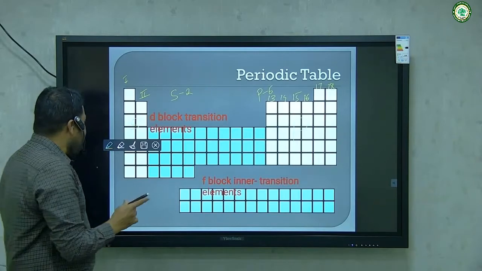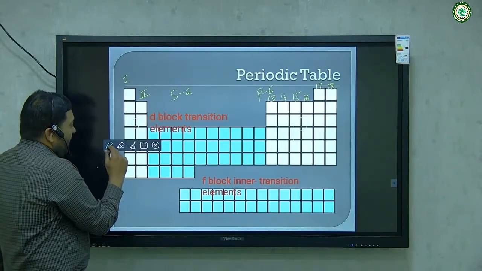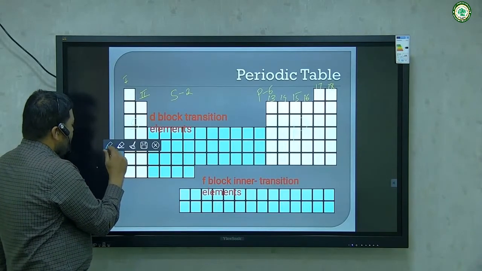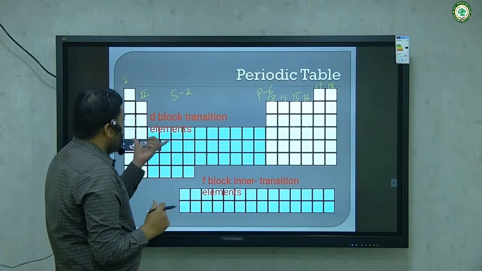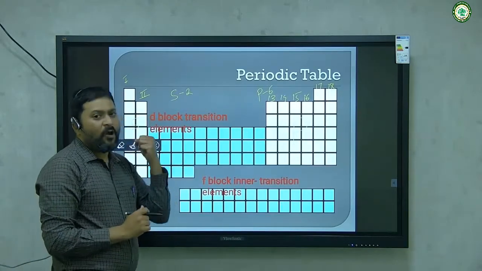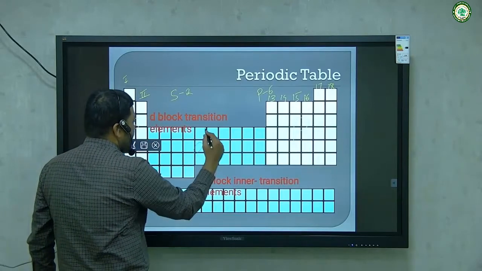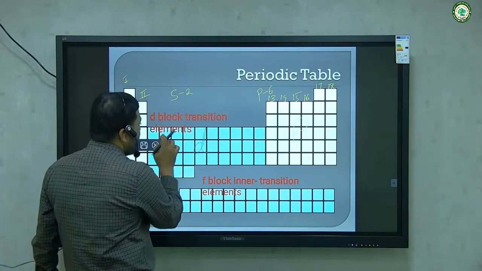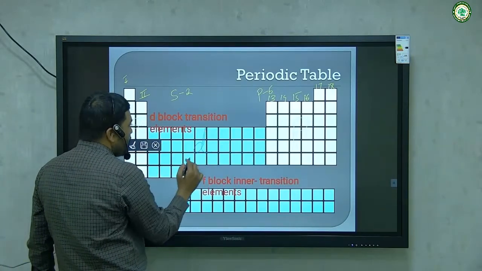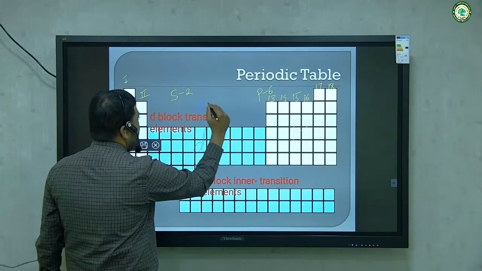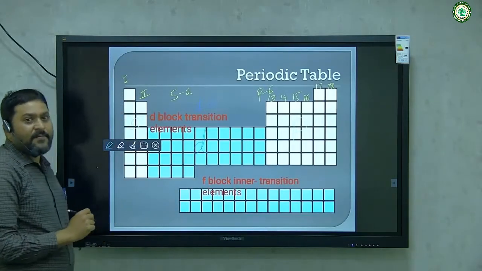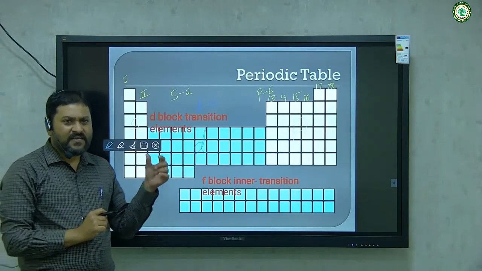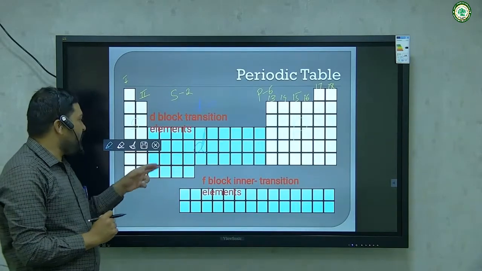After that, again here the next elements are the elements in between the S block and the P block. These are nothing but the D block elements. The D block elements are divided into 10 groups because the capacity of D subshell for filling of electrons is 10, and because of that the D block elements are divided into 10 groups, meaning each D series contains 10 elements.